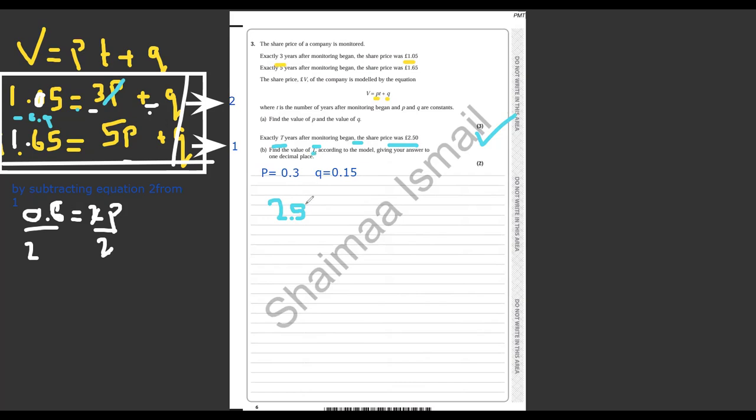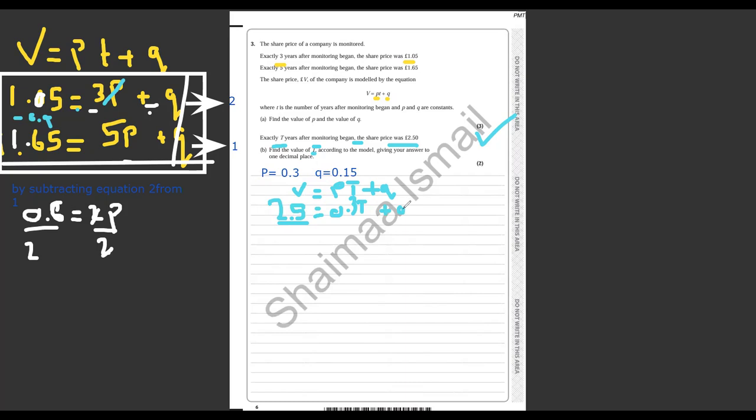So we need T. We already have the value of Q and the value of P. V equals PT plus Q, so 2.5 equals 0.3T